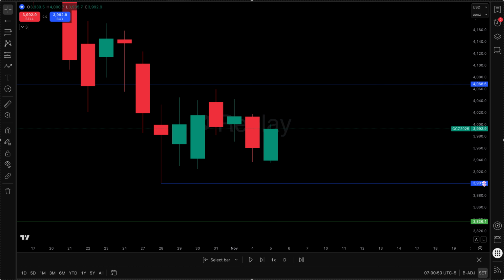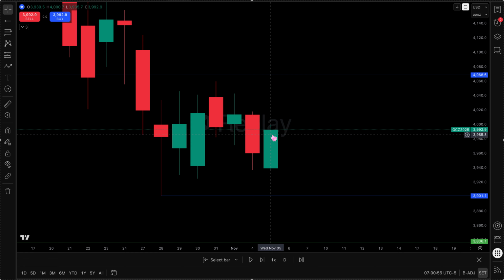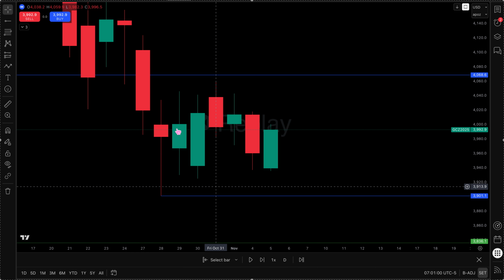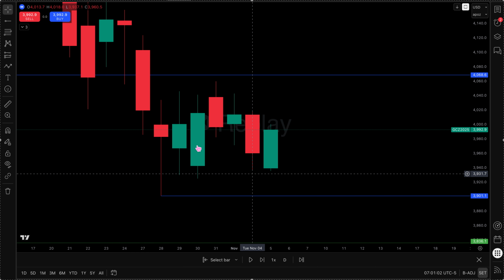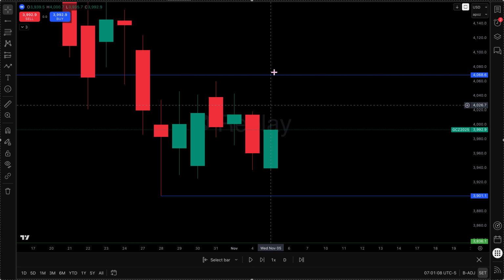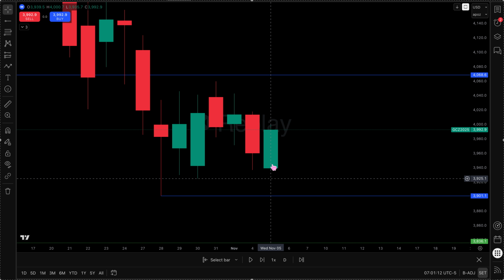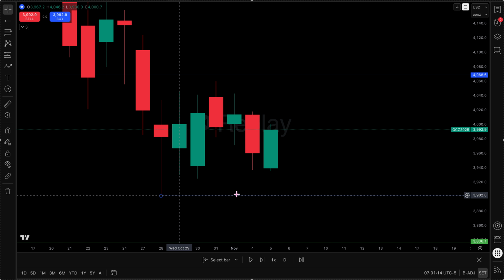So as you can see, price came down, right, and then the next day closed bullish. Now sometimes this can be a little tricky because we are in a range. Usually if price is in a range, you have three ways you can trade it. You can either wait for price to break out, retest, and go higher, or break below, retest, go higher, or